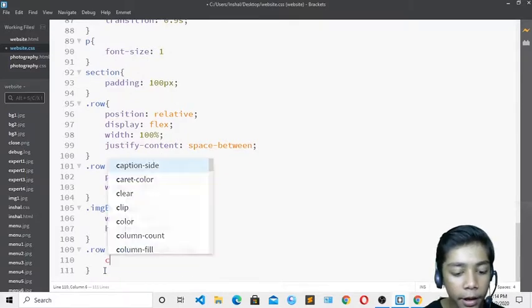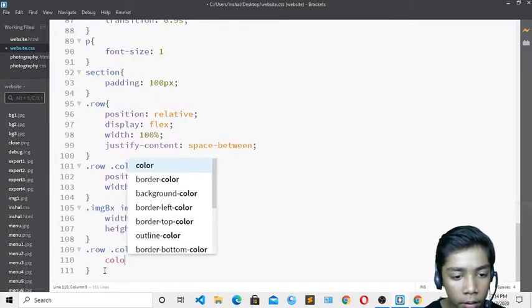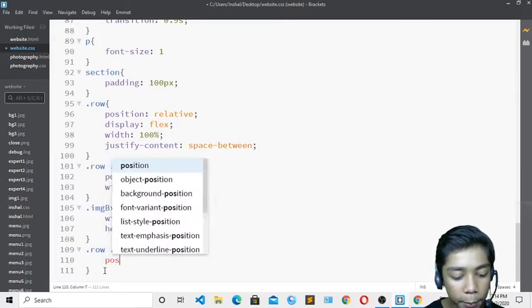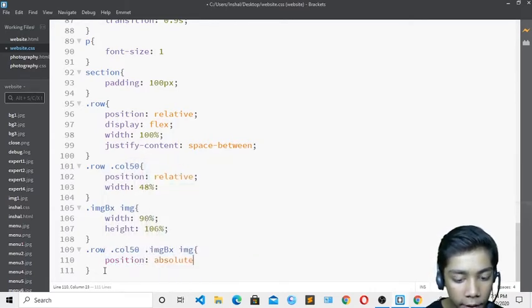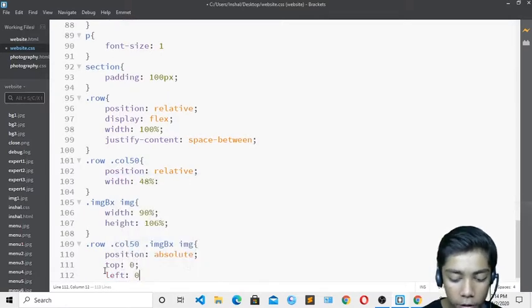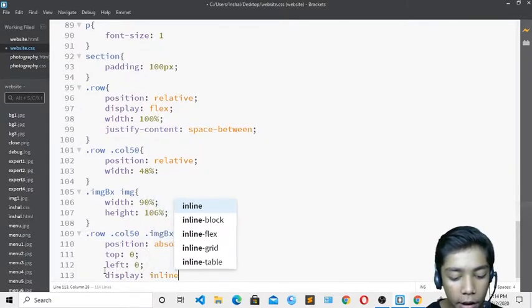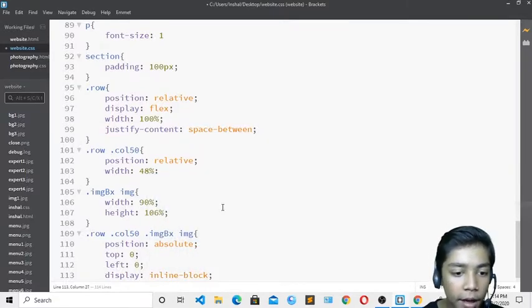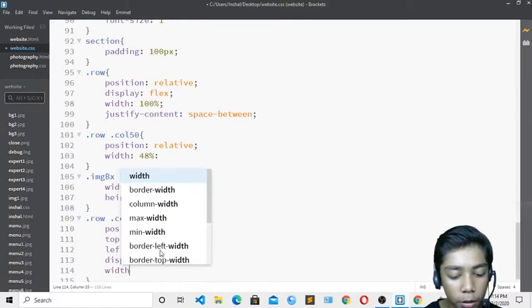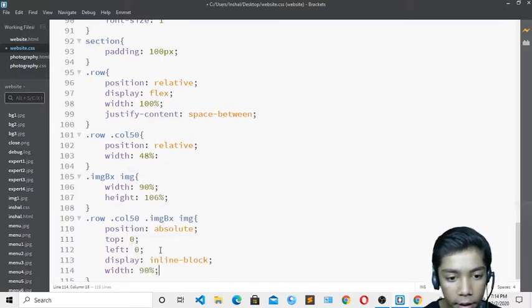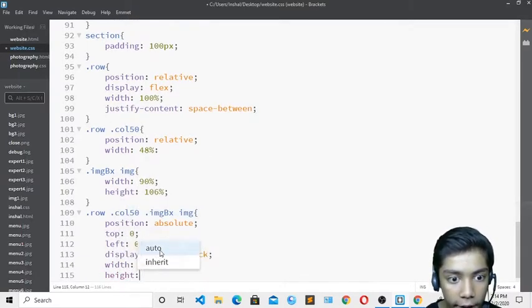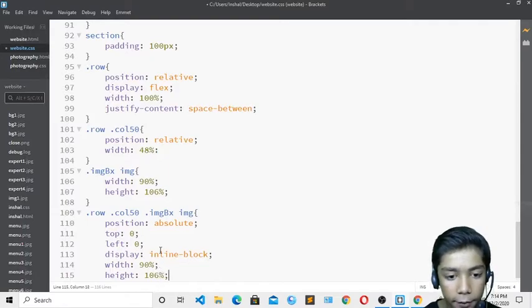Write like that. Come over here, write color. Okay, it should not be color. I will write position should be absolute, and top should be 0, and left should also be 0, and display should be inline block. Width should be 90%, and height should be 106%.